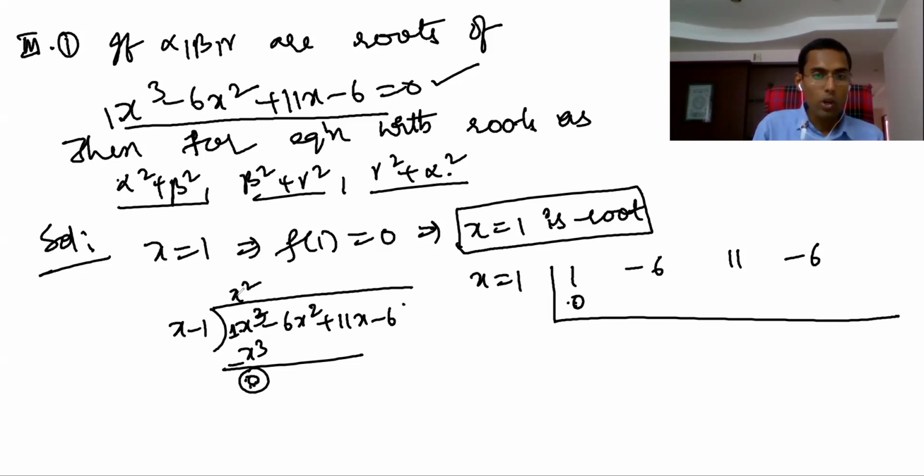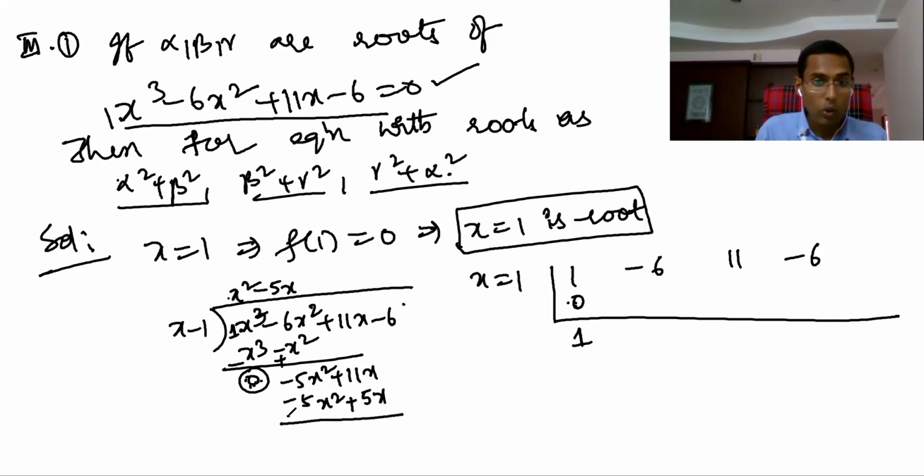If I add, I should get this one, right? This one I should get by adding these two. So that is what is this? That means this coefficient you get, right? So all right. The next one is what? Now this is minus x square here. Now add. You are subtracting, right? Minus 5x square, right? Plus 11x. So now what I should do here? Minus 5x I should do, right? So this is minus 5x square, so minus, plus 5x. So here now I am subtracting. So that means here 0 I am going to get. So that means here you see what I should do, 1 into 1, 1, right? So 1 into 1, 1. What is that 1 into 1?